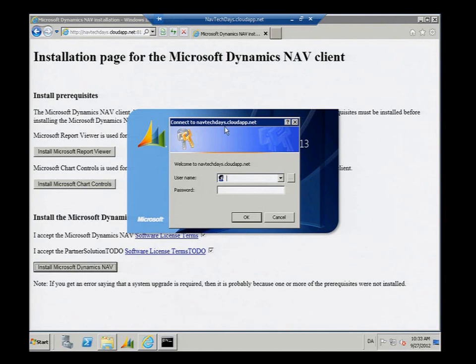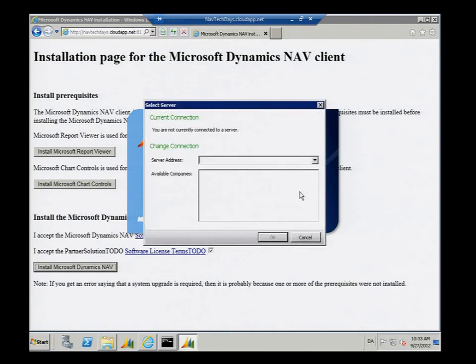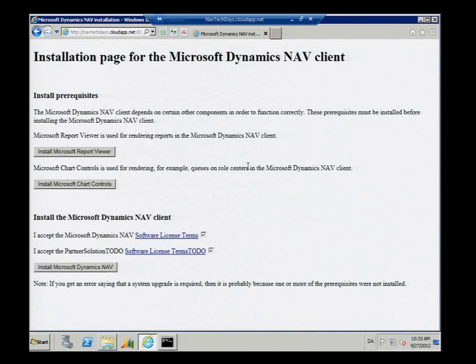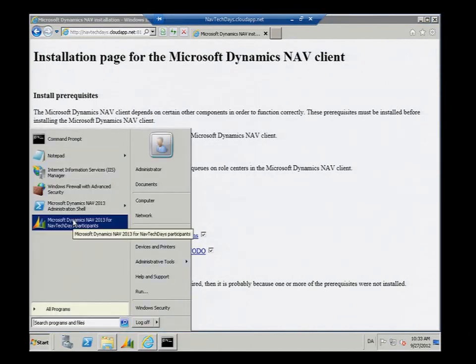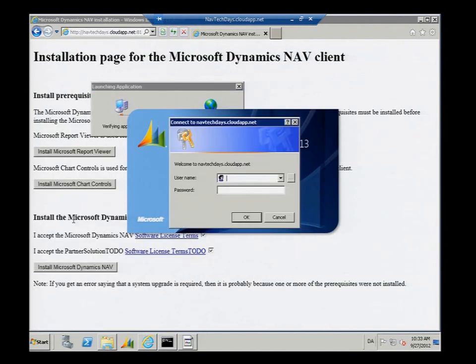So I don't want to log in. So that's how easy it is. And if we look at the start menu, you can see it's right there, so I can run it again. See that little window that popped up there? It was doing the upgrade check. So if a new version was available on the server, it would have downloaded it seamlessly.